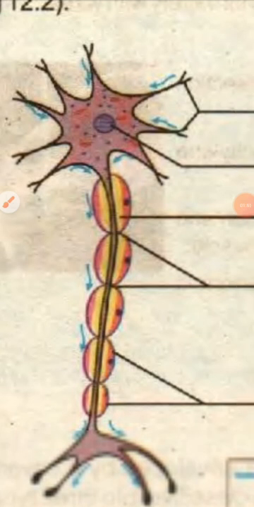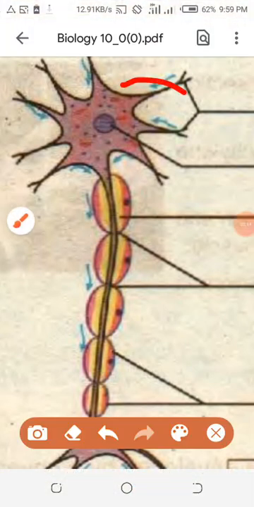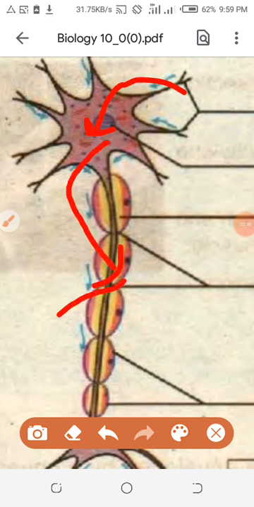Therefore, with the myelinated sheath covering the neuron, you have to understand the conductance of the nerve impulse, how it will be transmitted, because the major function of the neuron is the conductance of the nerve impulse, from the dendrite to the cell body, from the cell body to the axon, and from the axon to the next neuron or effectors. This is the transporting direction of the nerve impulse, and the message will be transmitted in this direction. But the problem is that the myelinated sheath came,